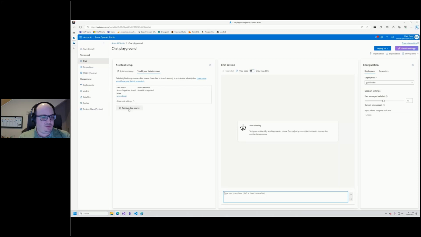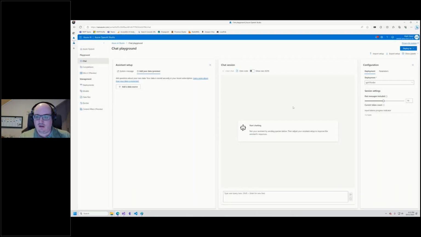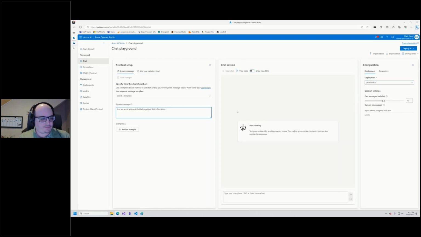So I am going to remove this for a second here. Goodbye. And I'm going to change my deployment to Cleveland Azure. And the system message here, this is basically how the application should behave. So you are an AI assistant that helps people find information. And I can just type in here and I can say,